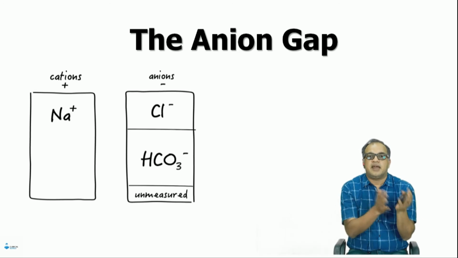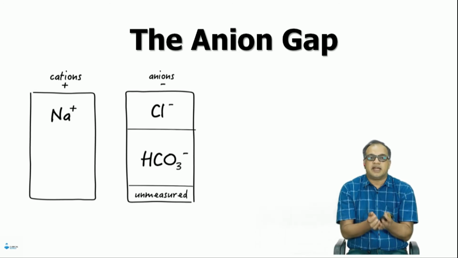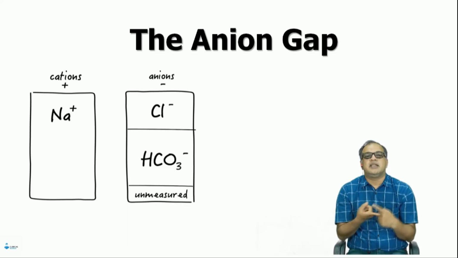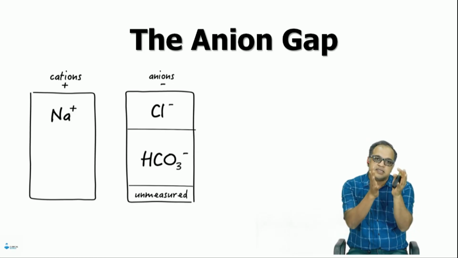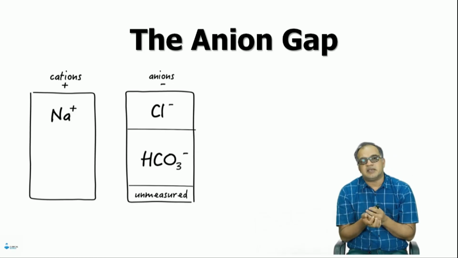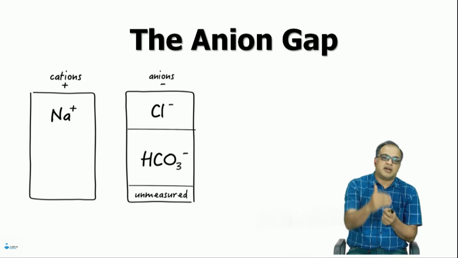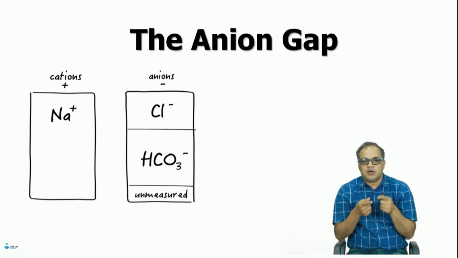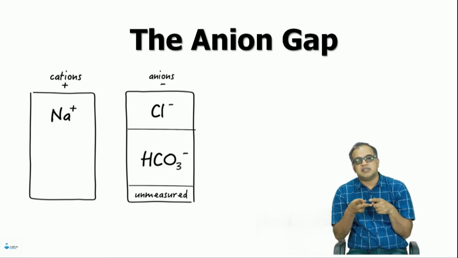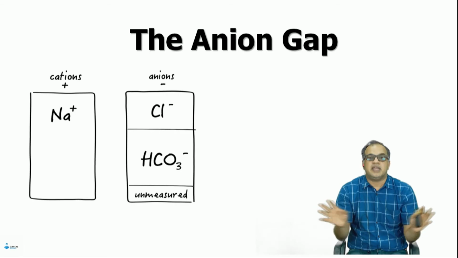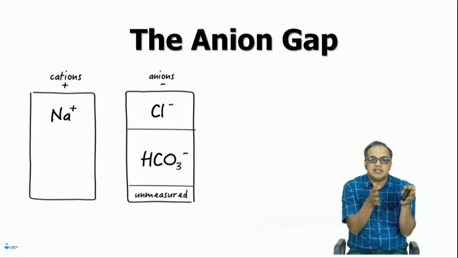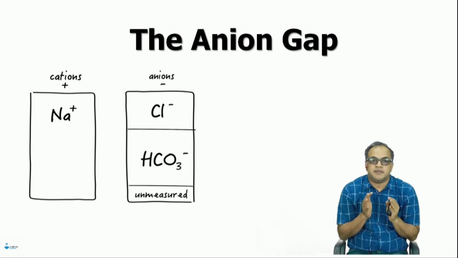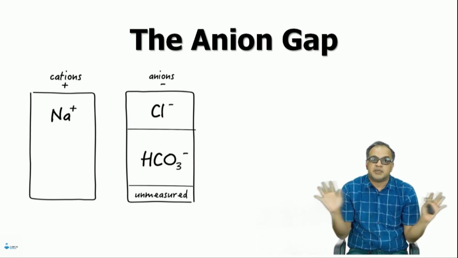Now, how many anions and cations are there? Cations are sodium, potassium, magnesium, calcium, and so many other things in very small quantities. But the major cation is sodium. What are the major anions? The chloride, the bicarbonate, and so many others like phosphate, sulfate, albumin, and other negatively charged proteins and other organic anions. So many anions. But whatever is on this side will be on the other side too. The number of cations and anions is same at any given time. It has to be, whatever happens.